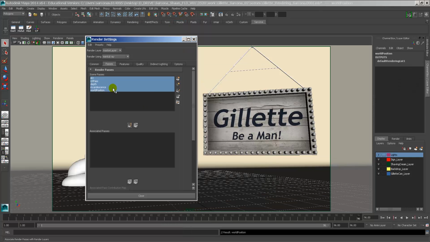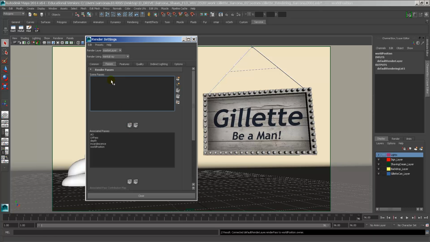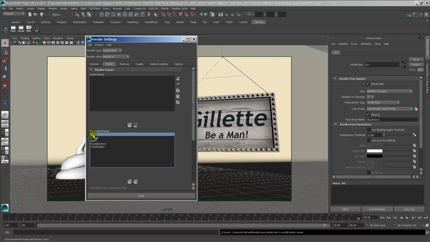Minimize that. And this up here is the scene passes. So I have to associate these scenes with this master layer. And the way we do that is simply highlighting them and then saying associate. If they're up here, they won't do anything. They have to be down here. That means they'll actually separate those things out. So if I go into my AO, so I just double click it,